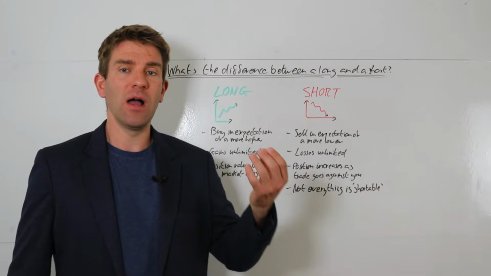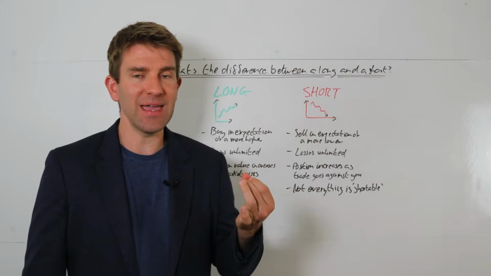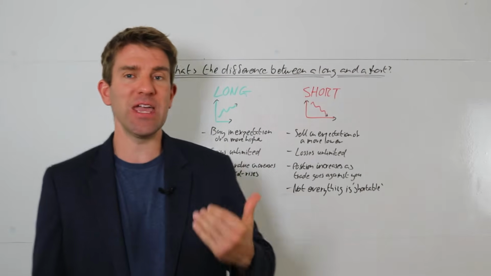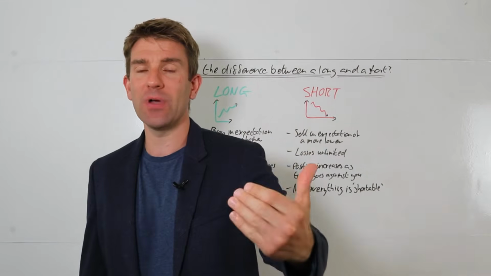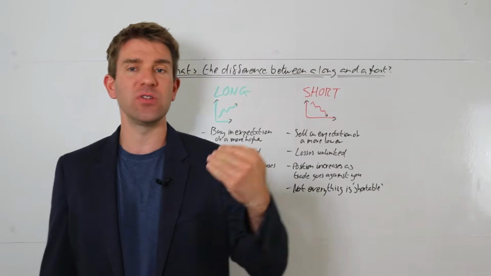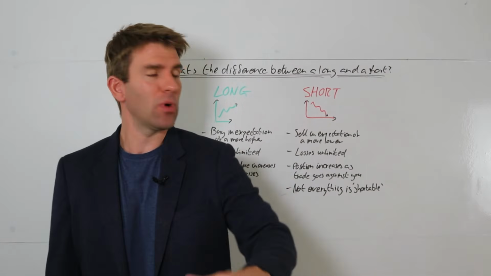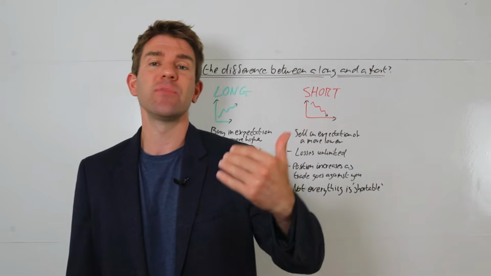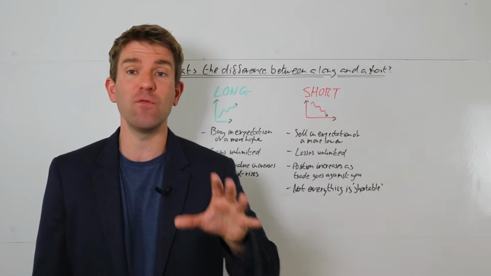If you are in a long position or about to go long, you are buying in anticipation of that market increasing in value, and that you'll be able to sell that trade at a later point in time for a higher price than you've paid. So let's say you go long at 100 and it goes up to 110, whatever asset it may be, you are making $10, 10 ticks, 10 pips, whatever you're trading on the asset, you've made money.